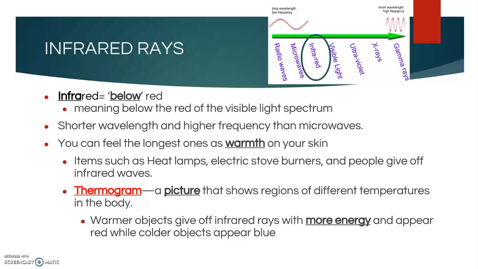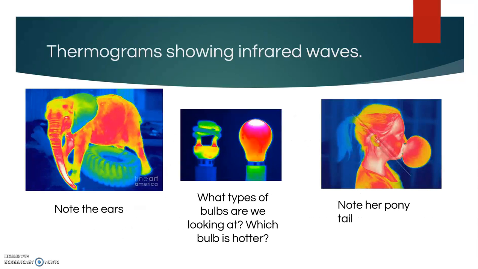Notice that when we look at these, the warmer areas of the body will be red and the cooler areas will be blue. So if you look at the picture on the left with the elephant, you'll notice that his extremities, his ears, and near the bottom of his feet are more blue and greenish color, and that is because there's less blood flow out there, there's less friction to moving parts like the heart and the digestive tract and the lungs and all of that. And so they're actually putting out less infrared